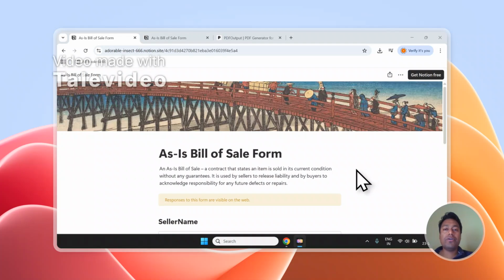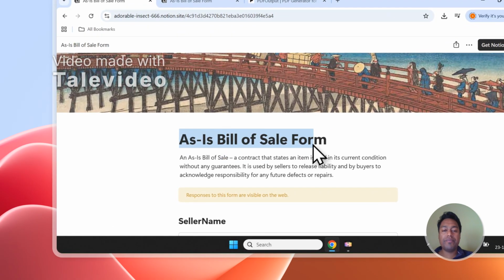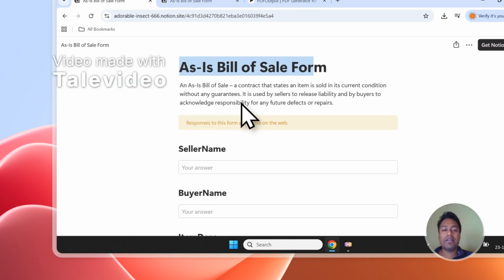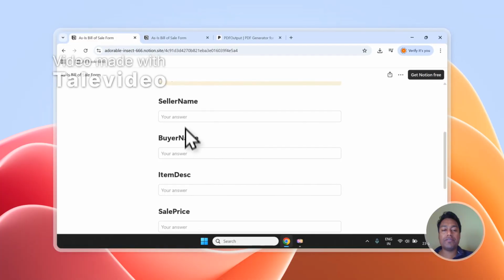Hi, today we're going to talk about how to convert a Notion form into PDF files on automation. For this demonstration, we are going to discuss an as-is bill of sale form. This is a simple form which has been created in Notion with all the fields of information that you can